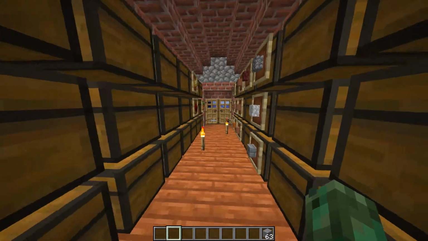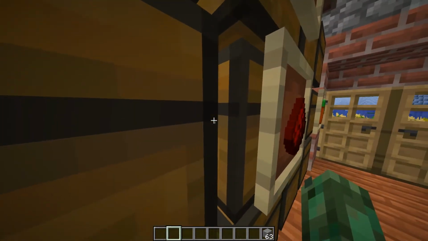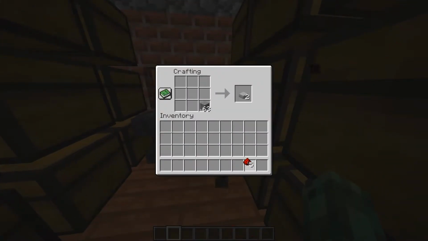Now you're thinking, wait, isn't that the recipe for buttons? And you'd be correct. Yes, it was. All redstone things now require redstone itself. So that's redstone, and that gives you button. I think this is a...